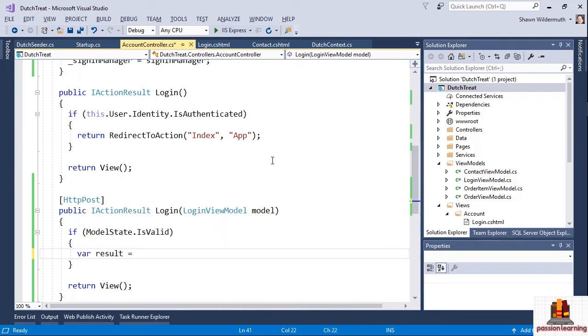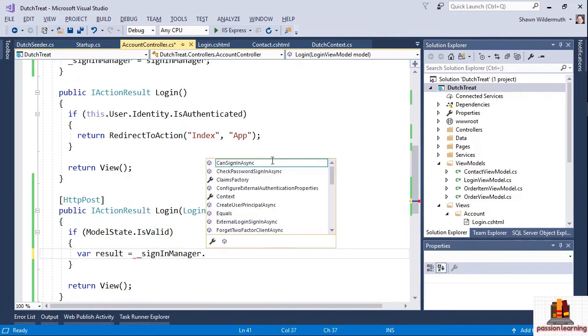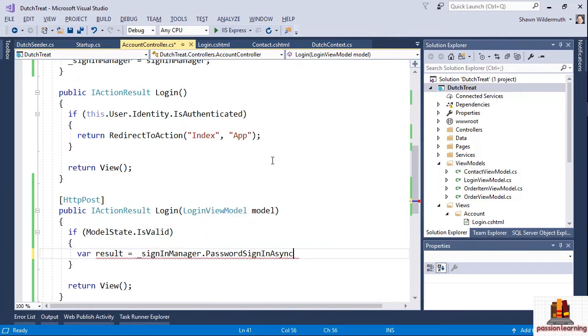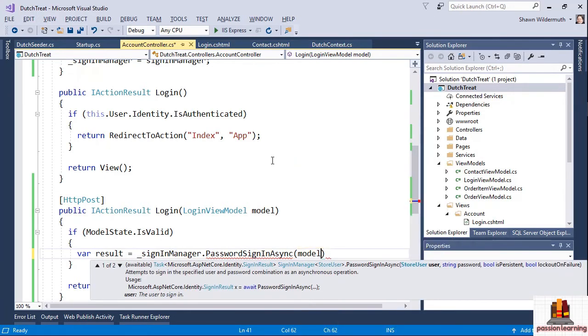We're going to get the result of a call to the sign-in manager called password sign-in async. This method, password sign-in async, is going to allow us to sign in with just the username and the password instead of having to go and get the actual store user object. So we can just use the model here to say model.username,